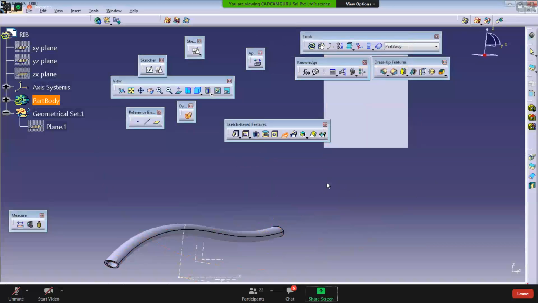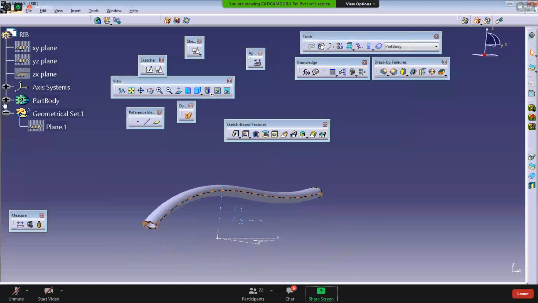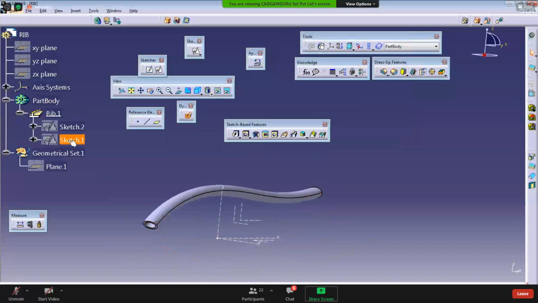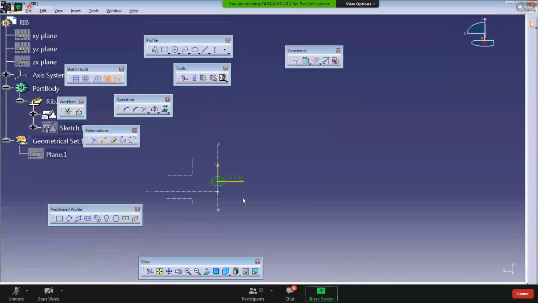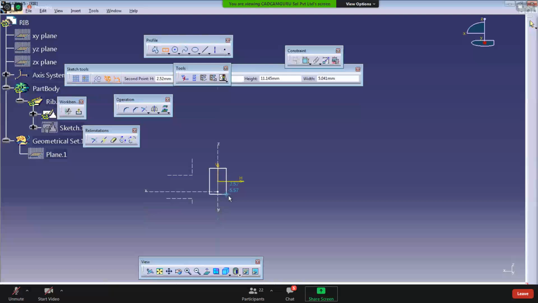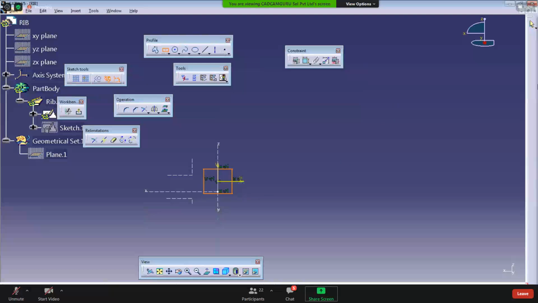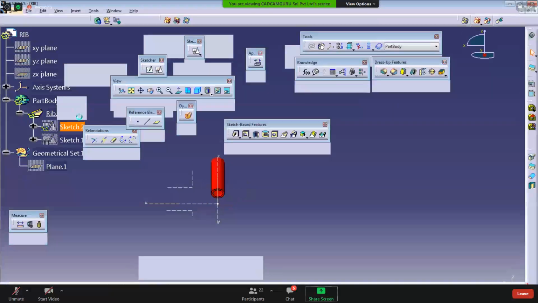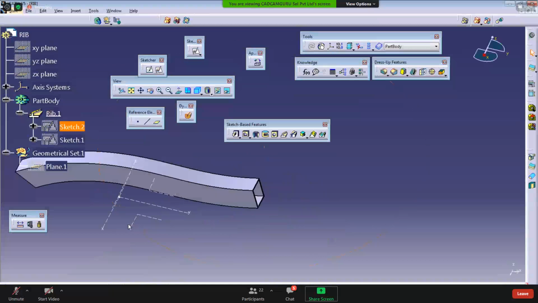Clear? Click OK. And if I want to modify profile number 2, instead of a circle, I change that profile to a rectangle or square. Then this is called a duct.